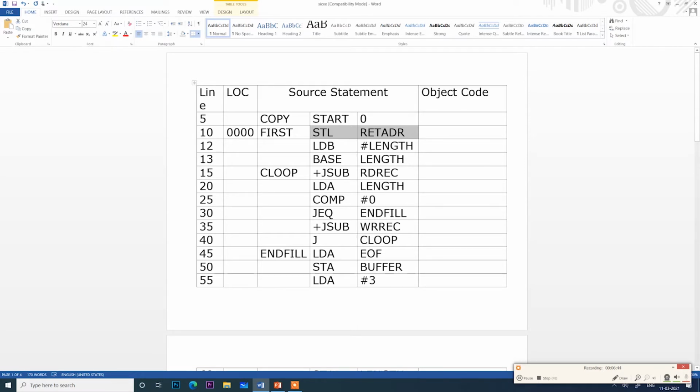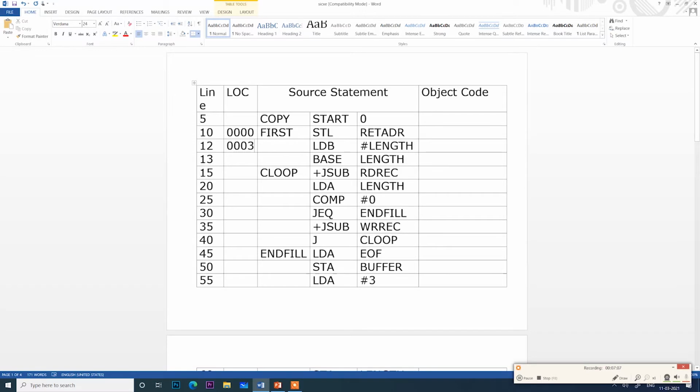If it is format 4, you will have a plus symbol, and here we don't have a plus symbol. So it should be format 3. This occupies 3 bytes: 0000, 0001 and 0002. So the next instruction should start from 0003, right?